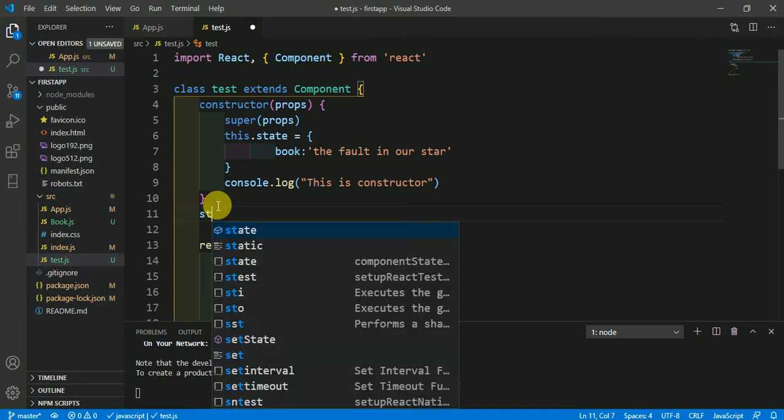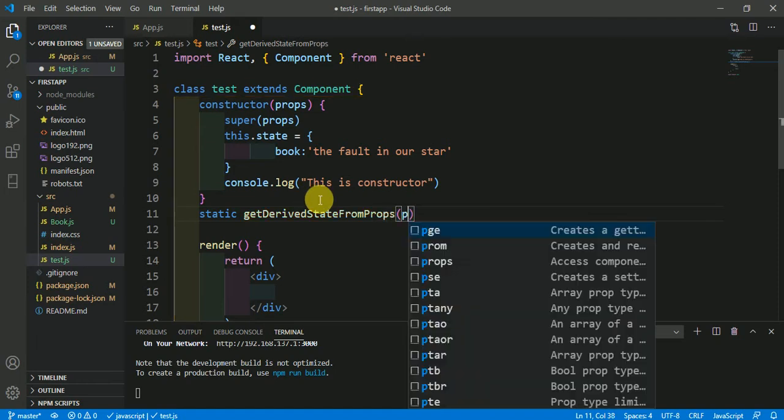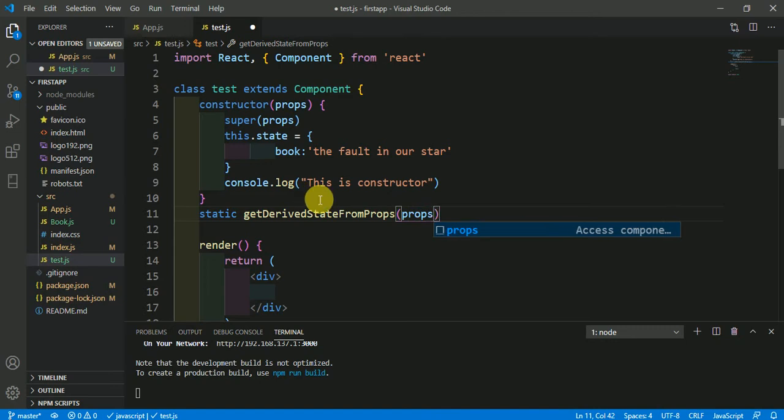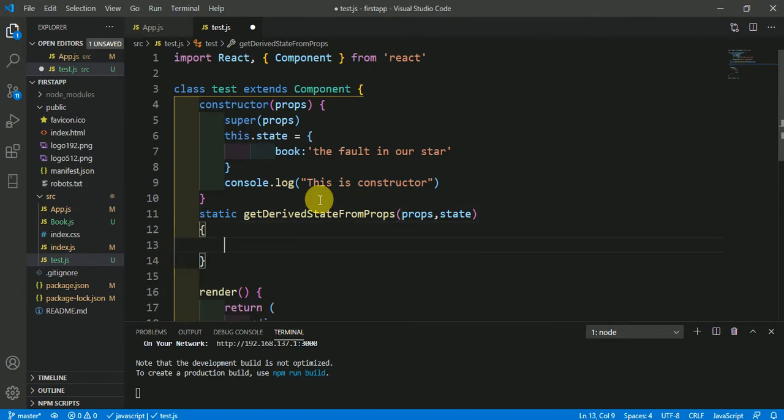So static getDerivedStateFromProps takes two parameters, props and state. Just type here console.log, this is getDerivedStateFromProps method.